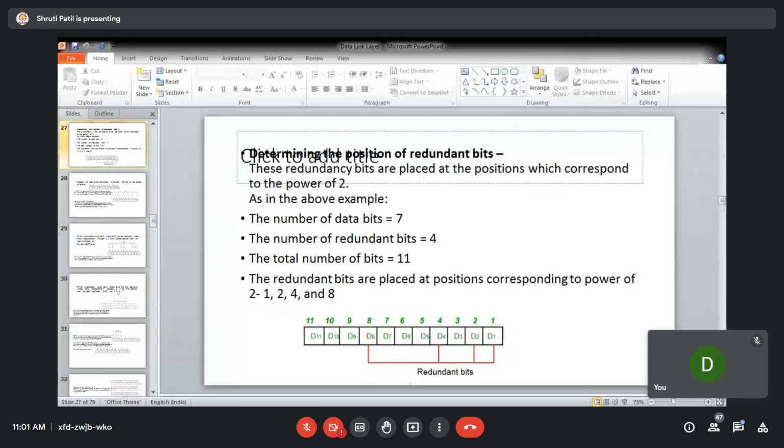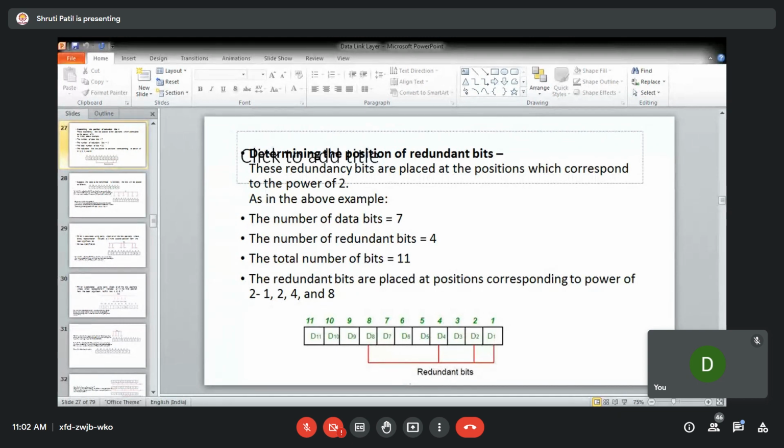So the bits given in the binary are 0, 1, 1, 0. The representation is 6, so the 6th bit contains an error. When you calculate R1, R2, R3, R4 again, you will get 0, 1, 1, 0. So this 0, 1, 1, 0 is the error position. Here it will identify that the 6th bit is having error and it will correct it from 1 to 0 so that whatever data is received is now correct.